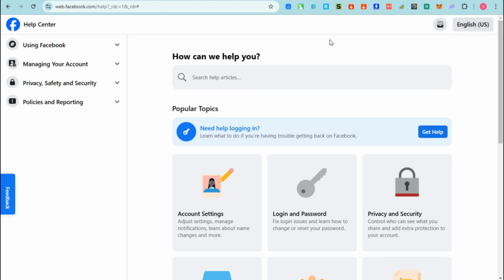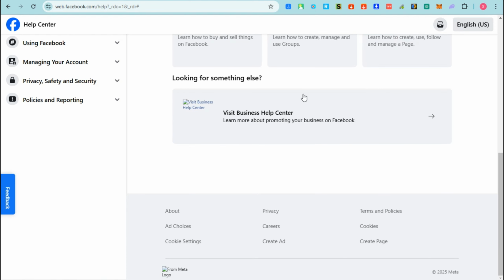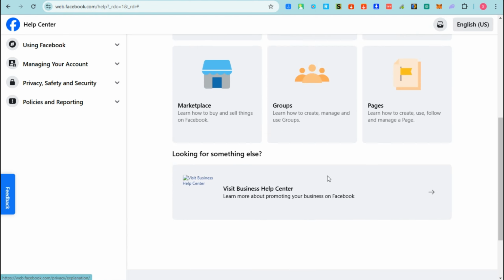And then last is contact Facebook support. If none of the above solutions work, go to the Help Center in Ads Manager, click on Contact Support, describe the issue and include